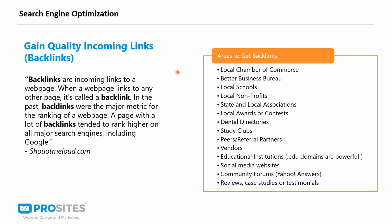So a little bit more information on backlinks. You can gain quality incoming links. So there is such a thing as a bad backlink. Those that are quality backlinks are those that are coming from the local Chamber of Commerce, the Better Business Bureau, any local schools that you might have participated in, any nonprofits, any local contests, any directories,